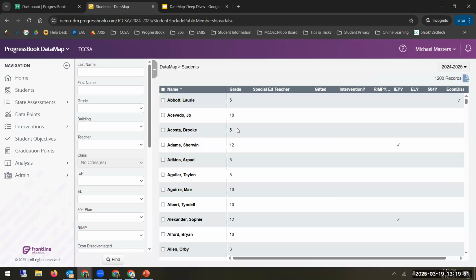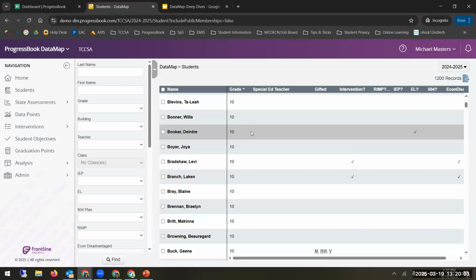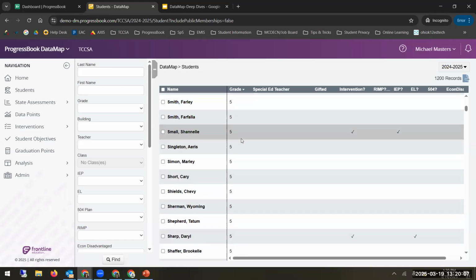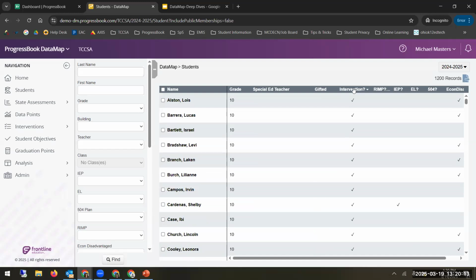So you might want to sort by grade level versus alphabetically. All of these columns are sortable. So if I click on this once, it's going to sort descending. So it's going to go from my highest grade level to my lowest. And if I click on it again, it'll show my lower grade levels. And then again, all of these, it'll search for blanks and then it'll search for my check mark. So those are ways I can look